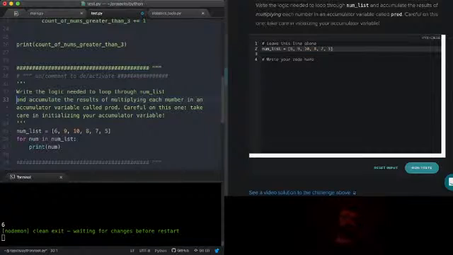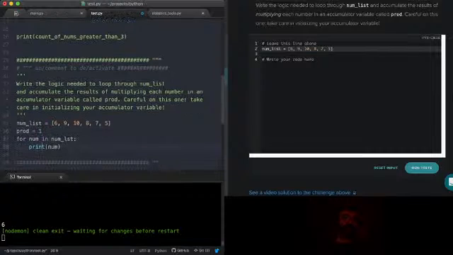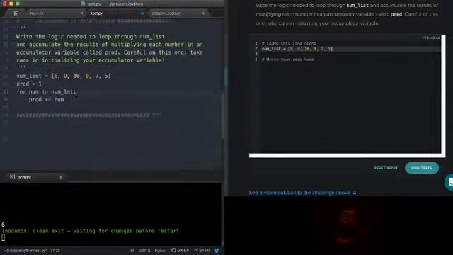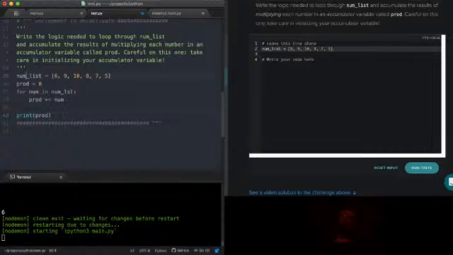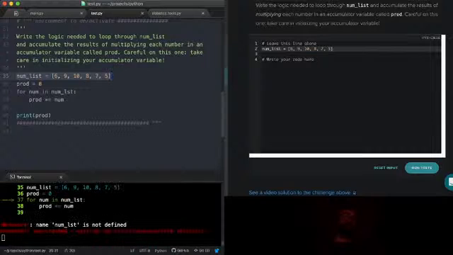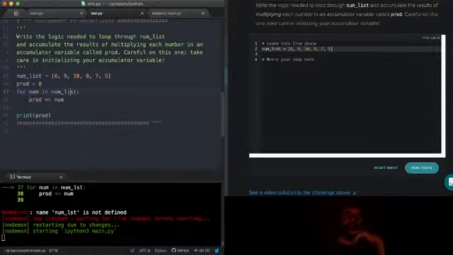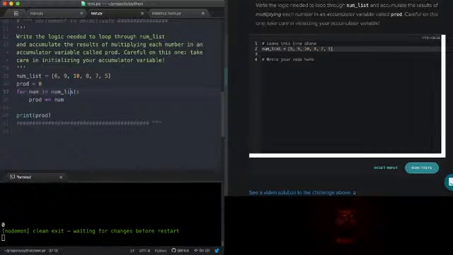Okay, so multiplying each number in an accumulator variable called prod. Good. Prod equals 1, and we'll say prod times equals num. Careful on this one. Take care in initializing your accumulator variable. What they're saying here is if I initialize prod at 0, what's going to happen? For any value that I pass in here, prod, which is 0, times num is 0. So no matter what, prod is always going to equal 0 in this case. So we want to start prod at 1, and we'll do 1 times 6, then 6 times 9,